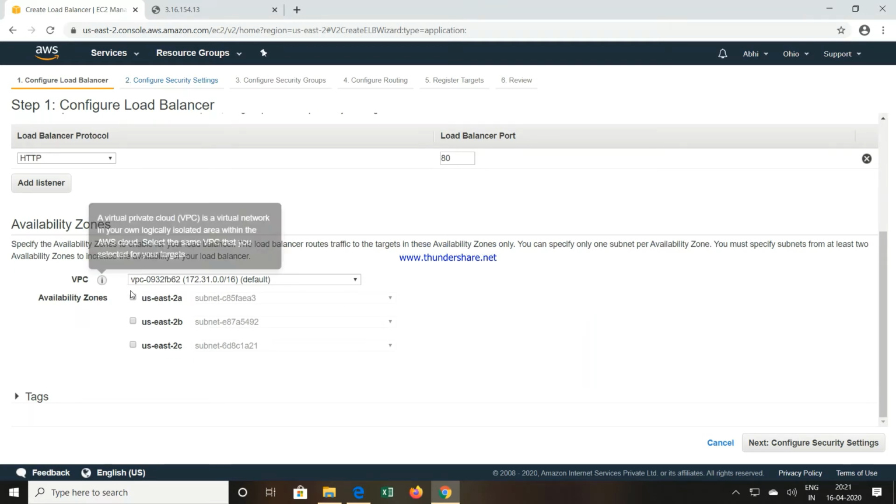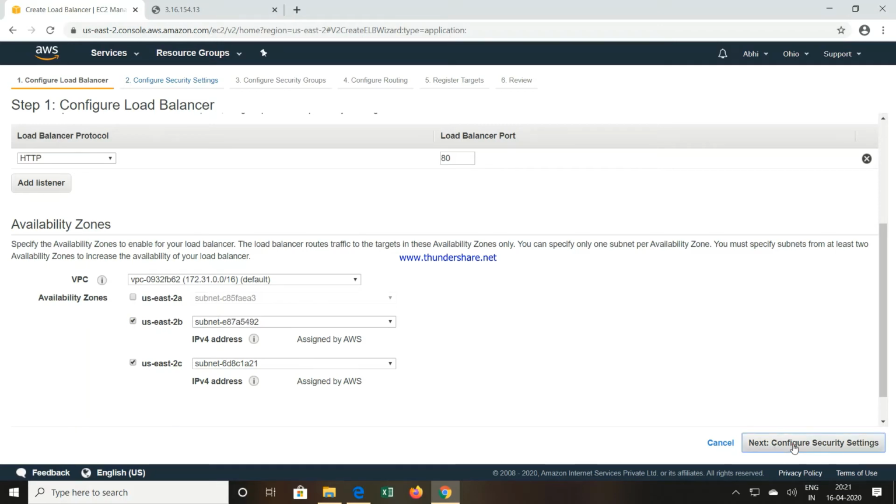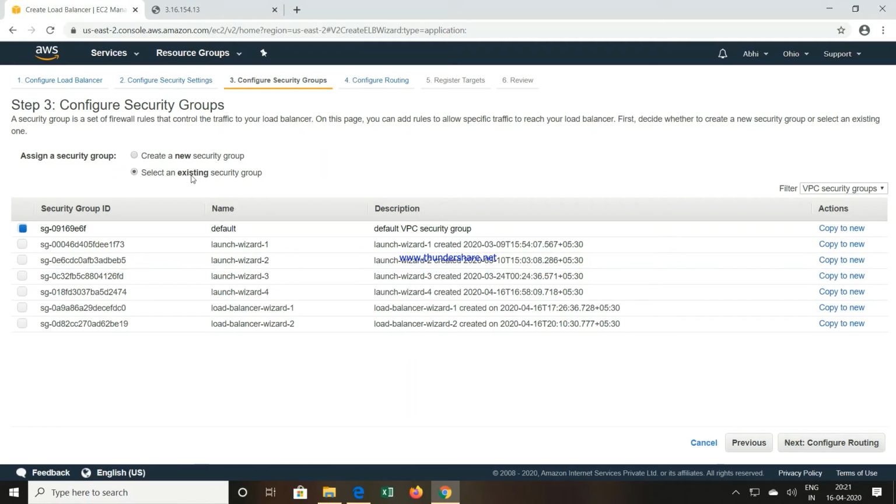Now this is where we require the availability zones. We have already seen the availability zone was US East 2C. So first you have to select this, and a minimum of 2 availability zones has to be selected. So I'm selecting another one, and then you click on next. Again click on next. Now you have to create a security group.